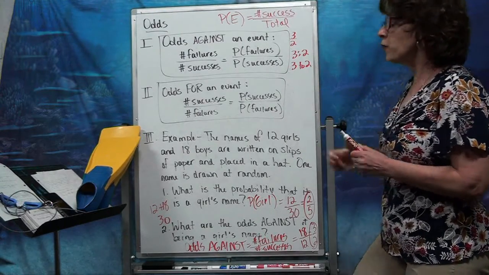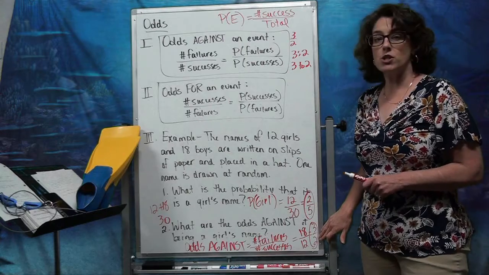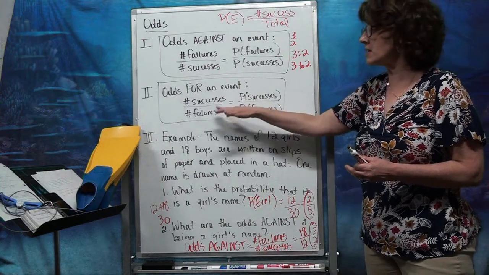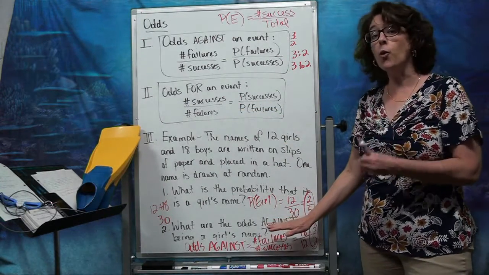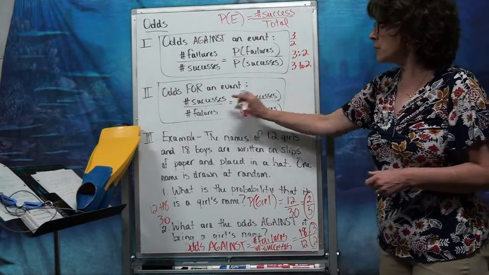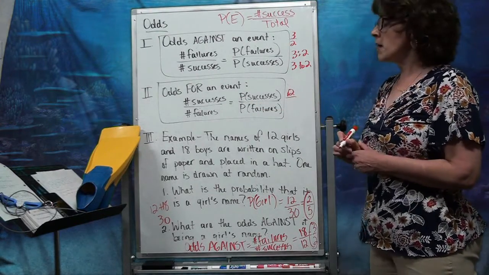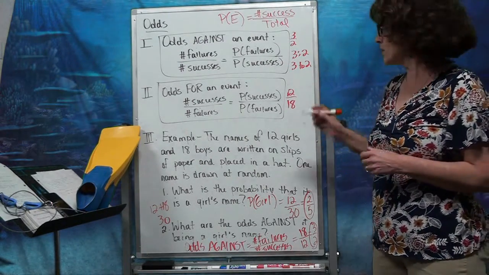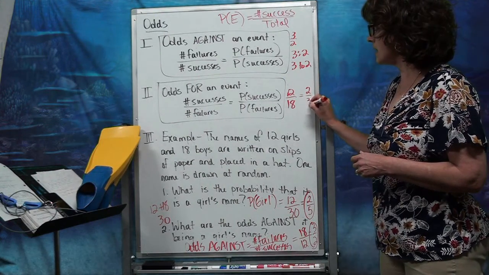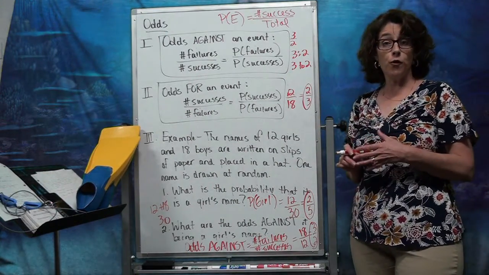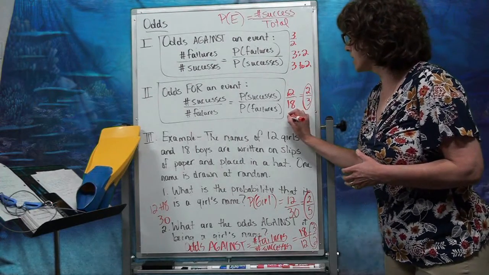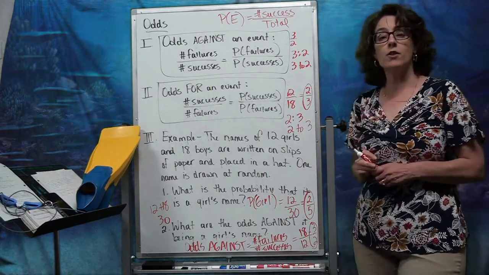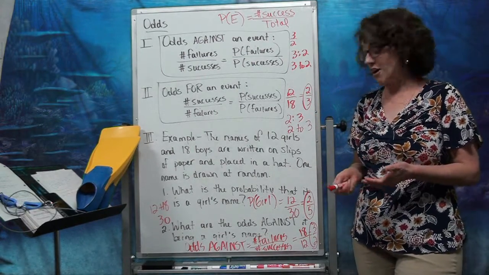Now let's talk about odds for in that case. So if the odds against would be 3 to 2, then odds for, remember, all that does is it takes this and flips it because we want successes over failures. So if I want odds for drawing a girl's name, then I would have the number of successes being 12, number of failures being 18. Once again, always simplify a fraction if you can. 6 still goes into both of those. It goes into 12 twice and into 18 3 times. So here's my odds for, which I can write as this fraction, or as 2 colon 3, or as 2 to 3. Any of those 3 ways is perfectly fine for expressing odds.